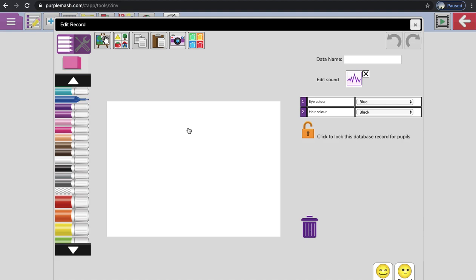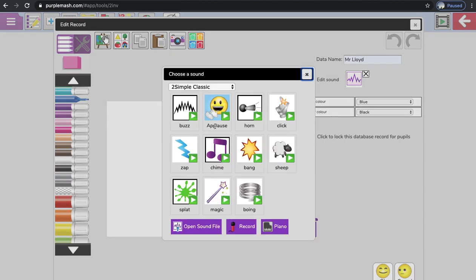Now I want you to add yourself into this group of children. And to do that, your data name, that's going to be your name. There we go, Mr. Lloyd. You want to edit your sound, so the sound you make. Now we've got